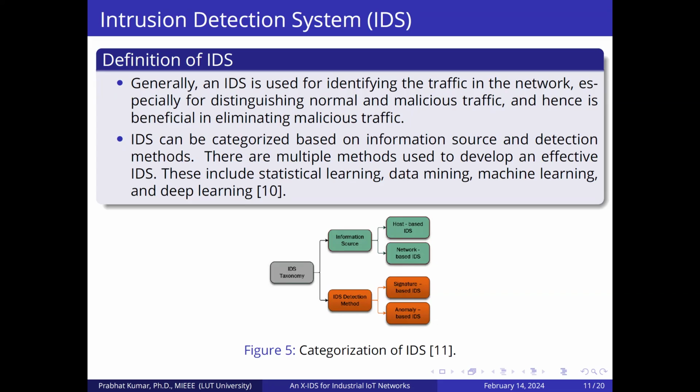When I talk about placement, you can place your IDS on a single host. For example, you can have an IDS on your own system, and it means it can only work for your own host. But if you are putting this IDS on the whole network,